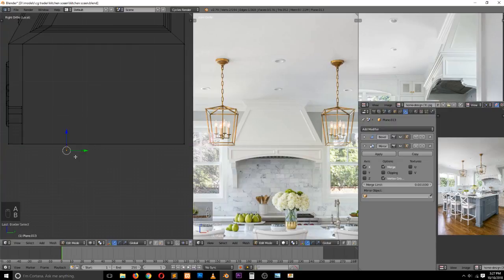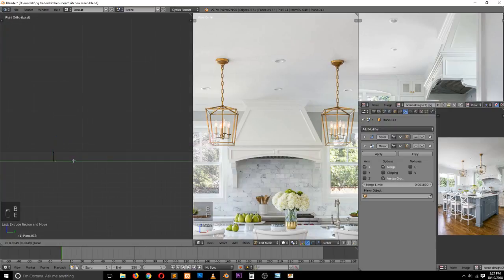So extrude this, then extrude this and here, and then here, and here, and then around here, and